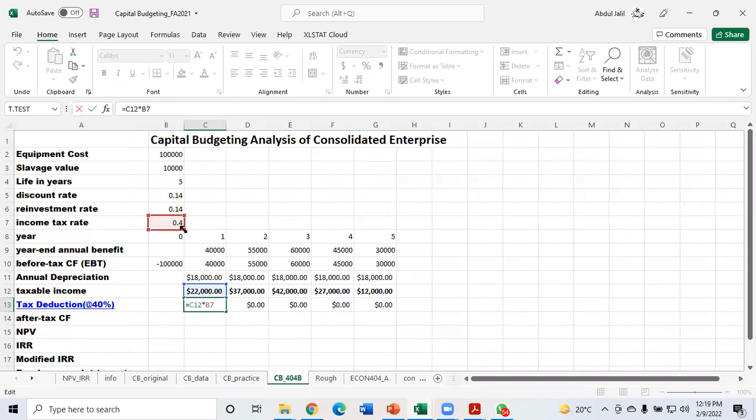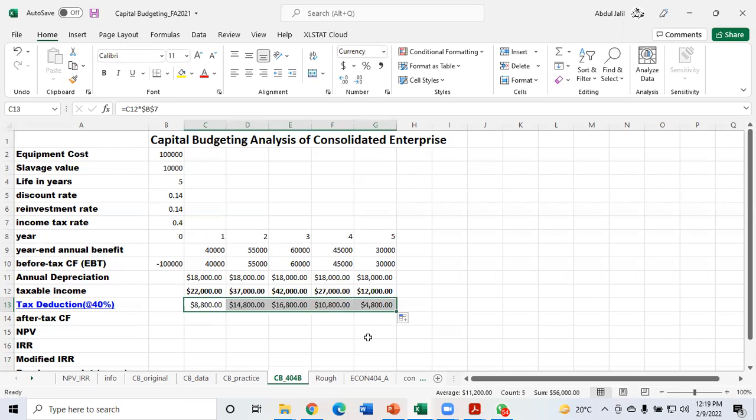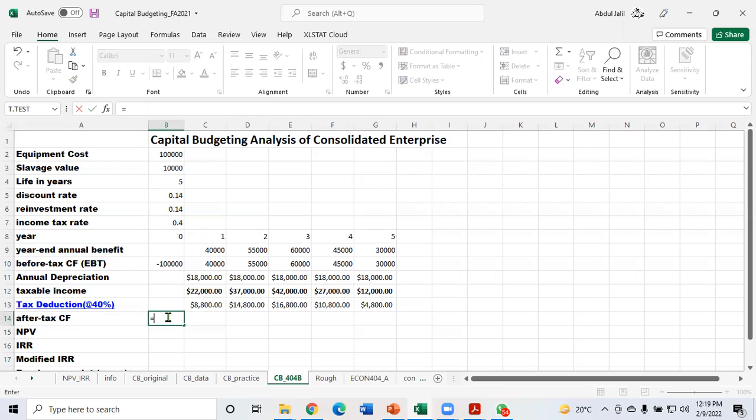Only if you are going to scroll down this amount and it is available in all cases, then you can do that, otherwise not. So you have to make it fixed, and then you have to apply this, and you will get the taxable taxes. This is the amount of tax which needs to be deducted from your income. And what is the cash flow now? First, your cost, which is this cell,